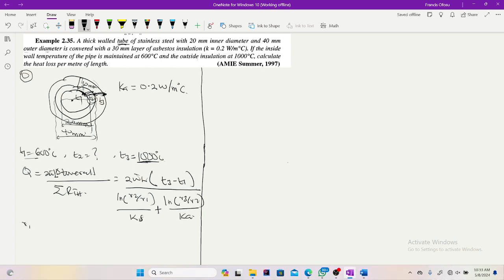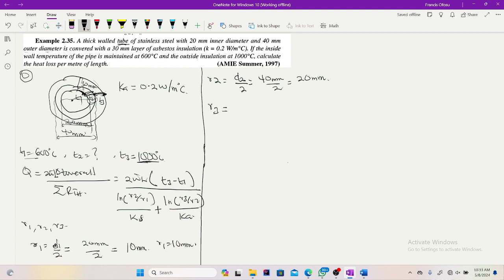So let's find out R1, R2, and then R3. R1 will just be D1 over 2, right? So 20 millimeters over 2. Because we used radius in deriving this formula, and then we're given diameters, right? So our radius is 10 millimeters. R1 is 10 millimeters. R2 will now be outer diameter over 2, and that will give us 40 millimeters over 2, and this is 20 millimeters. R3 wasn't given